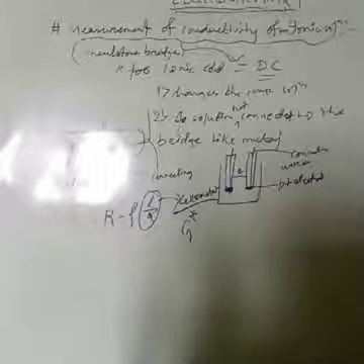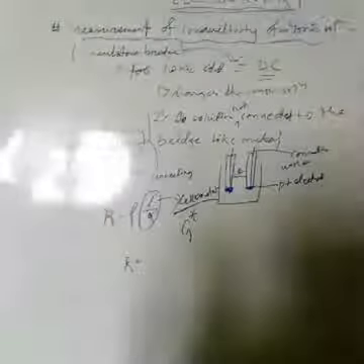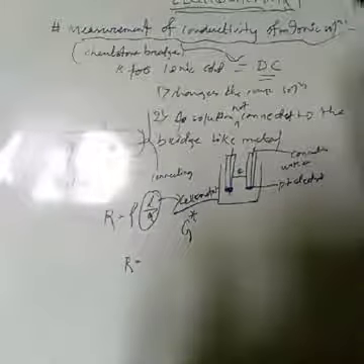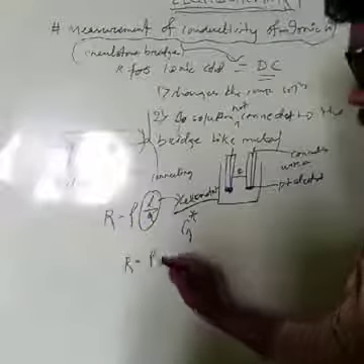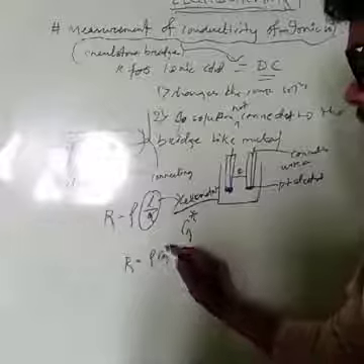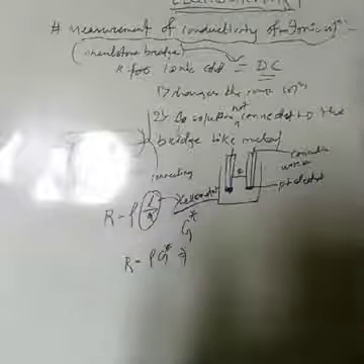So R equals rho G star. How will you find G star, the cell constant? G star equals R by rho,